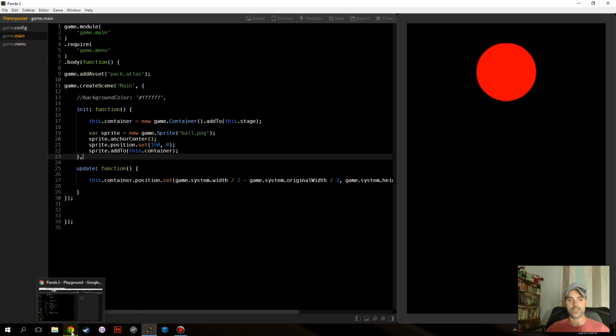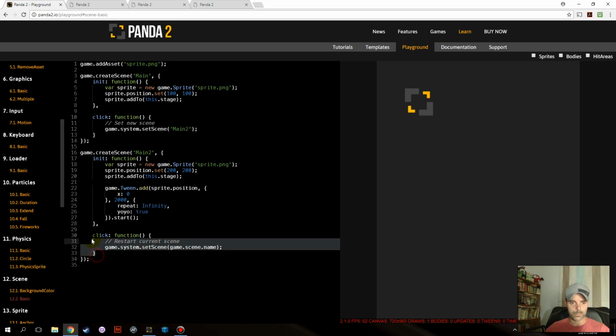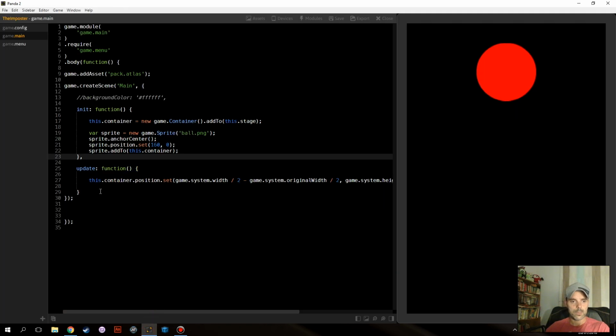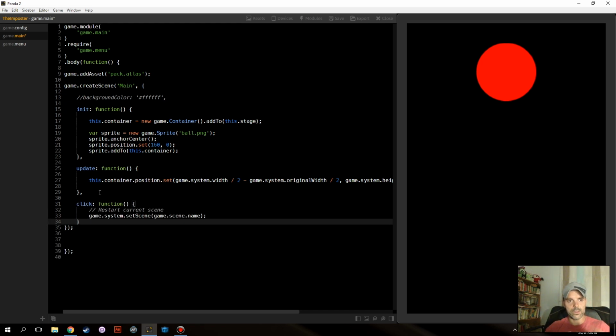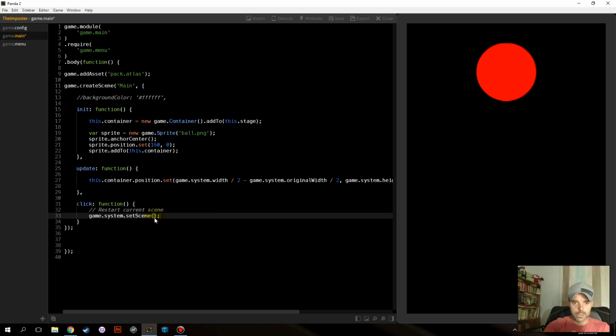We'll just do a really basic one, and we're going to use this simple function available to us just for the sake of this tutorial. Later on, we'll actually make a clickable button. But for now, again, add a comma after update, and we're just going to paste this function in. Basically all that does is game.system.setScene, and we're just going to take this out. That's something else. We'll worry about that later. And for now, we're just going to type in